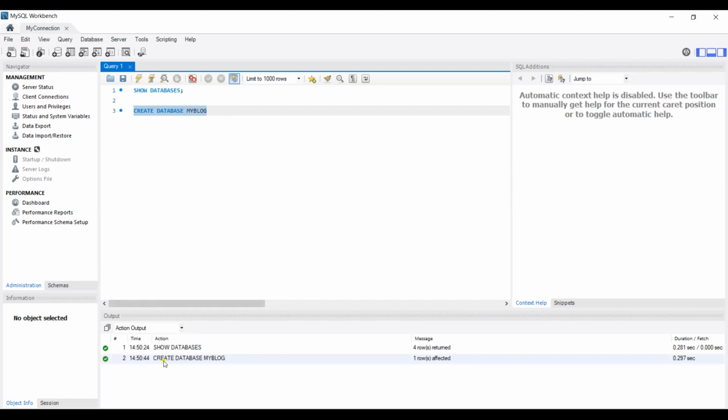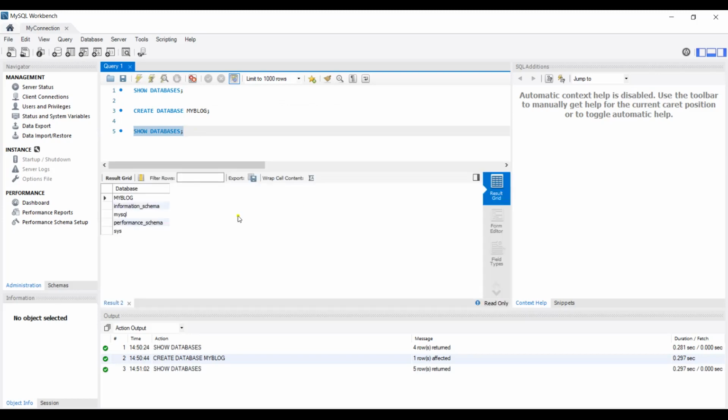So now it's created, create database my blog, and now if I say show databases, now you can see that we have our my blog database in here. Okay, so you can see that now we have our connection with MySQL Workbench and also